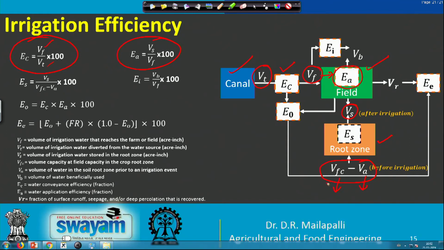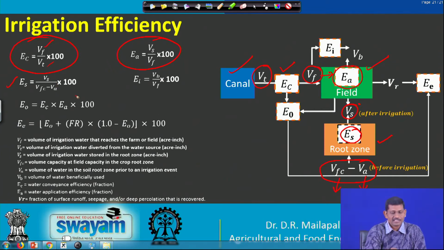So this difference we need to replenish. So whether this Vs, which is going into the root zone, can replenish this demand or not, that is what this Es represents. So Es here is Vs. Finally, we were expecting the Vs will go and meet this, but this is the demand. VFC minus VA is the demand, and this Vs is the supply. So then Vs is the storage